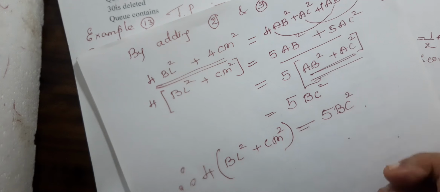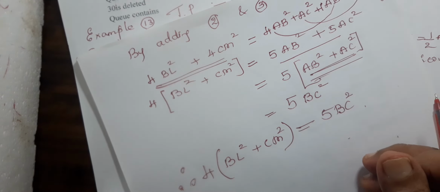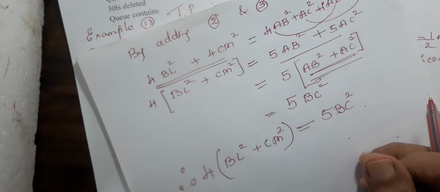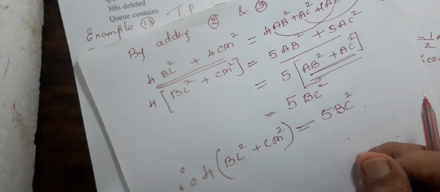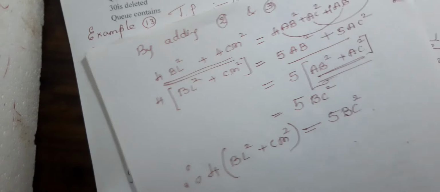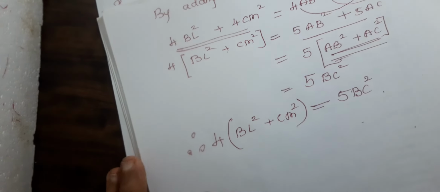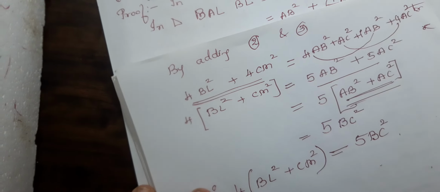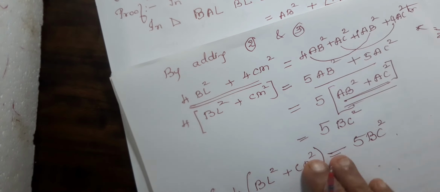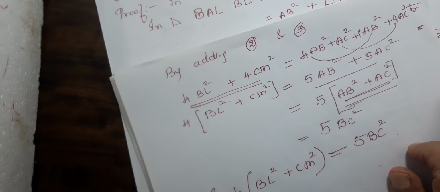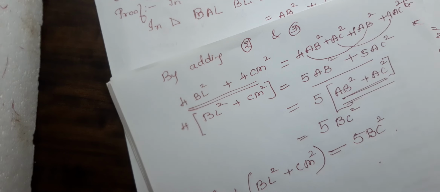And I have shown one method. I feel that this will be easier, but whatever it is, you can study, you can see the proof given in the textbook also, and this one that I did here, that also you have in the video, so you can see and write it in the book. Okay, whatever you wish you can do, but you should think about which method is easy, either that or this. You can just decide and write it.